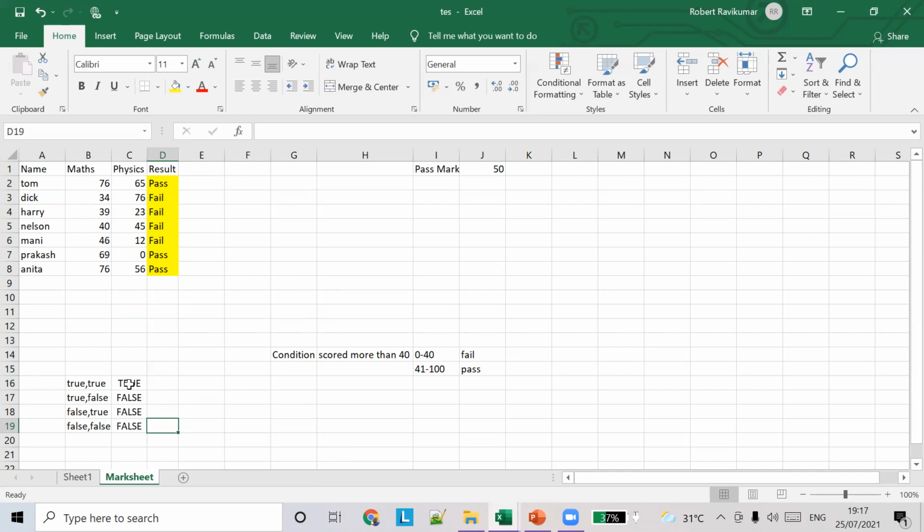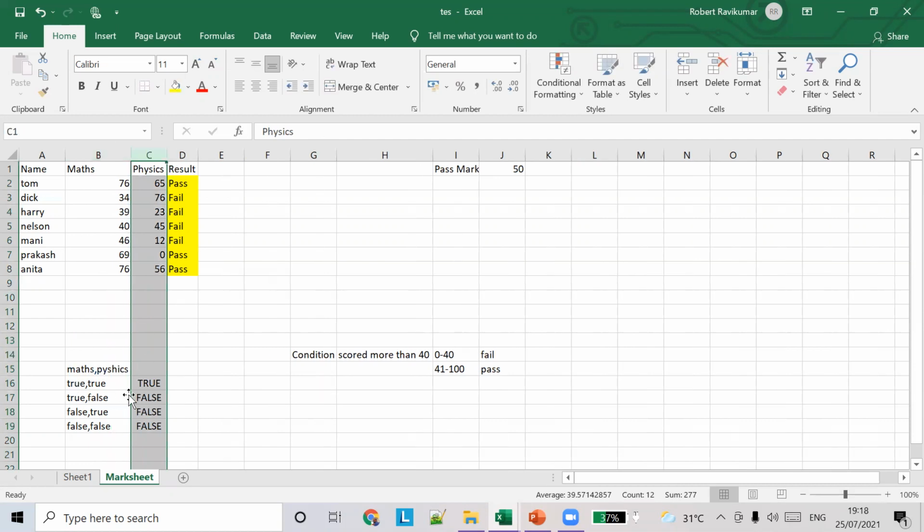So is this clear for you guys? If it's both true, we are going to combine two logical statements. So he has to pass in maths and physics. There are two logical statements. If he passes in both the subjects, we should get the result true. Let's say the scores are like this: maths versus physics.